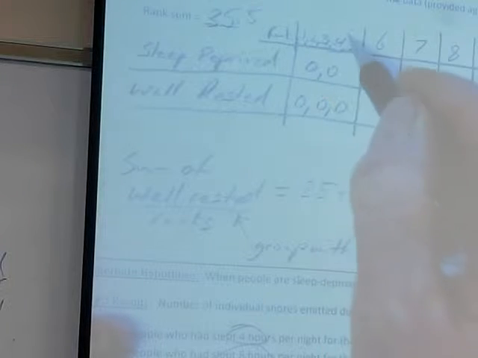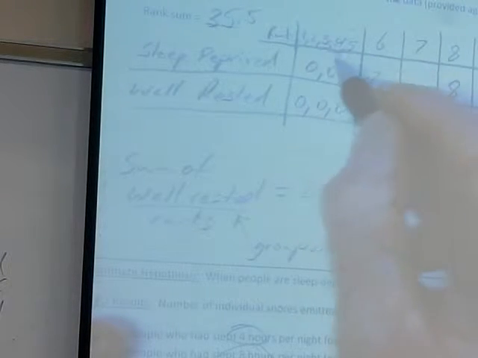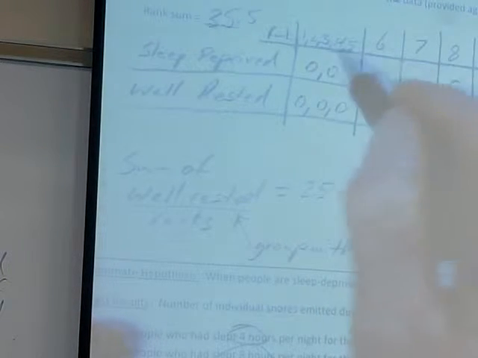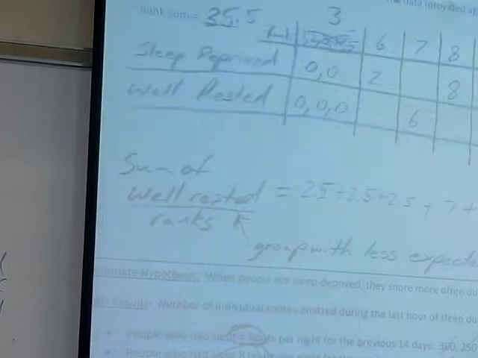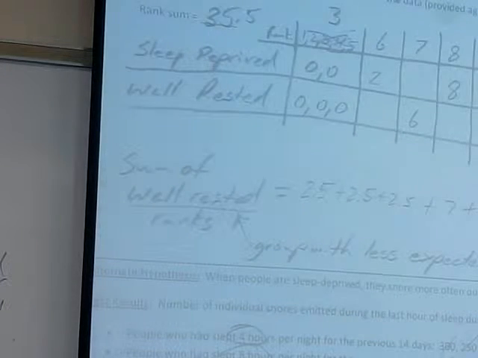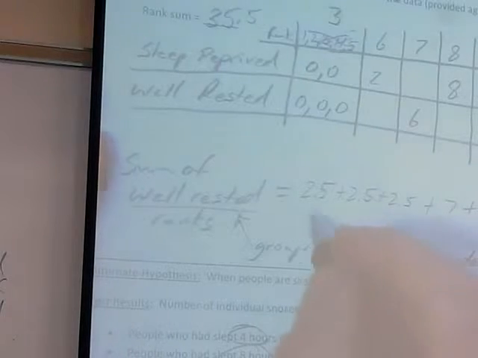When there's a tie, you think about all the different numbers that they're tied for, and then you average that. And the average of 1, 2, 3, 4, and 5 is 3, not 2.5. I was just thinking 5. I'll divide by 2, half. But the average. So my rank sum down here,